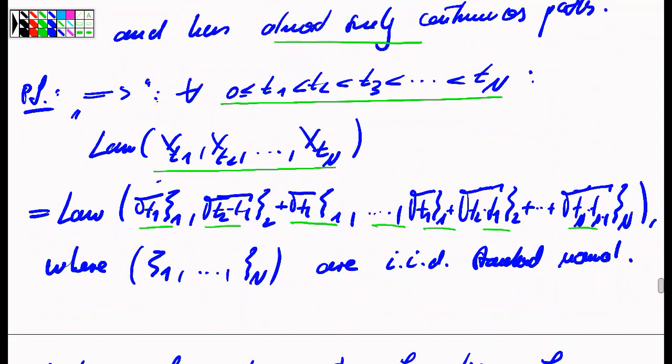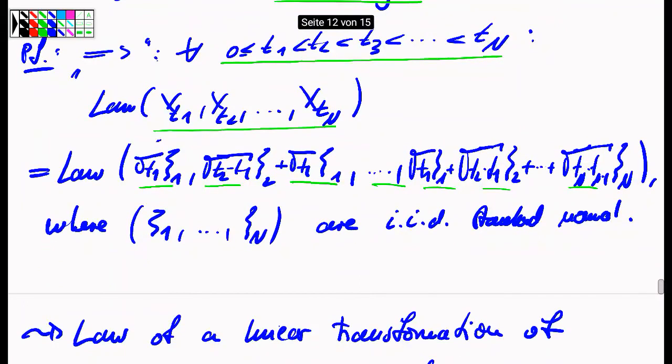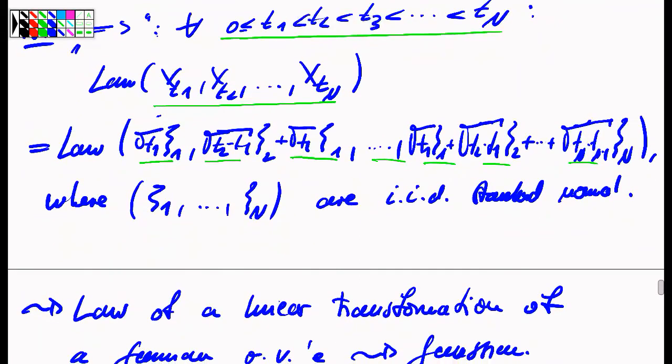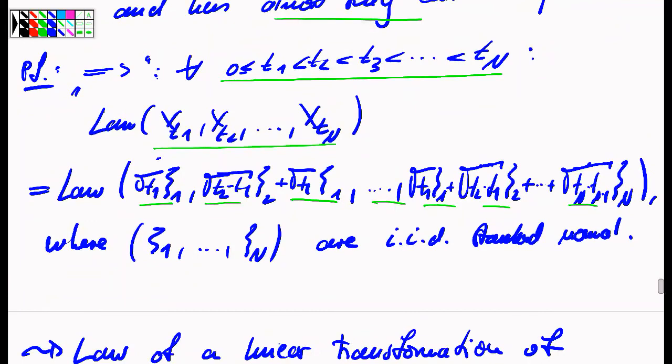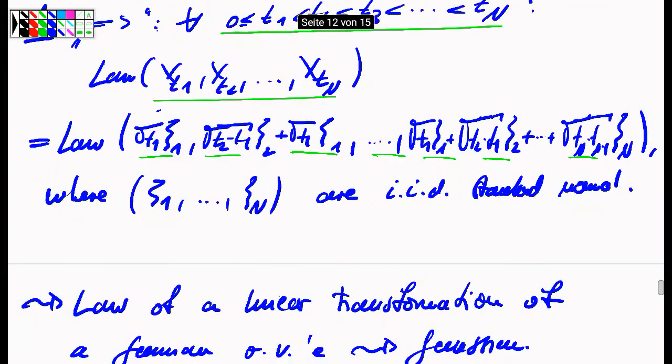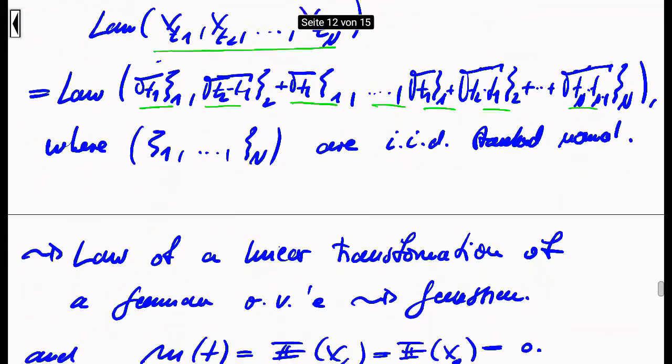But it is easy to check that a linear combination of independent Gaussian random variables produces again a d-dimensional Gaussian random variable, for instance, by using the Laplace transform. So therefore we see that in fact the finite dimensional distributions of a Brownian motion are Gaussian,